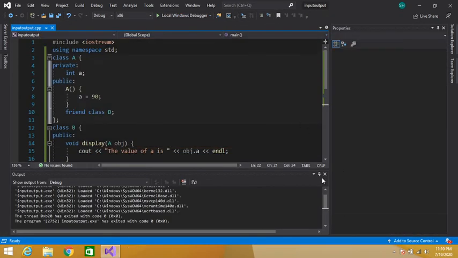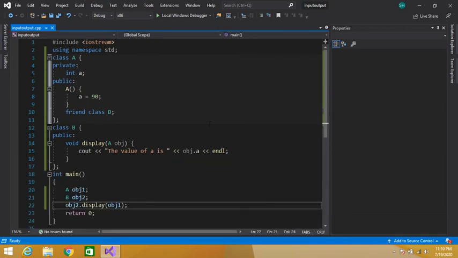In this way we can access the private data members of class A using friend classes. B is a friend class of A, that is why all the member functions of class B can access the private and protected data members of class A. See here we have accessed the private data member A of class A in class B.